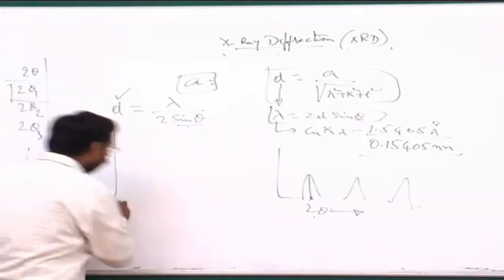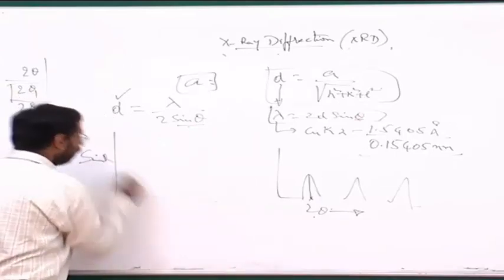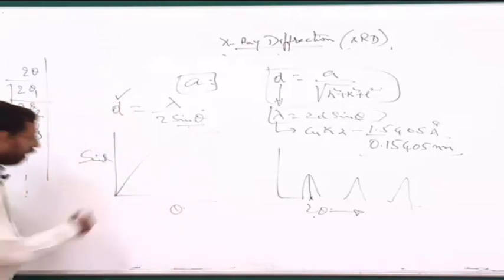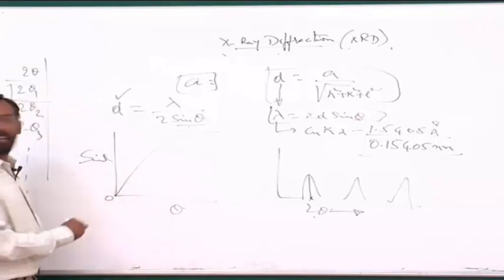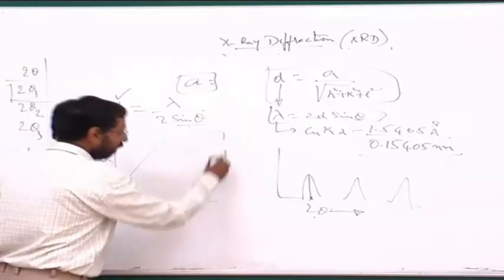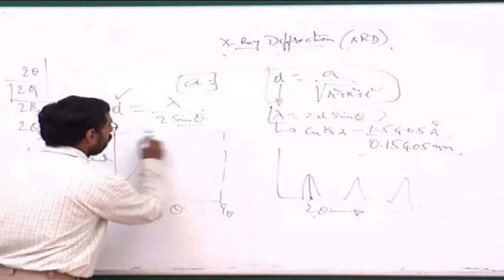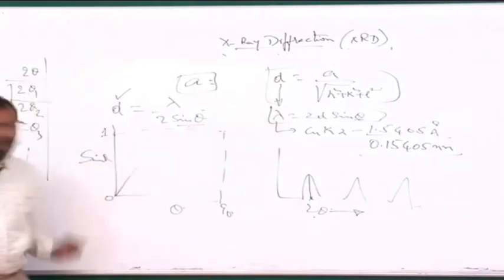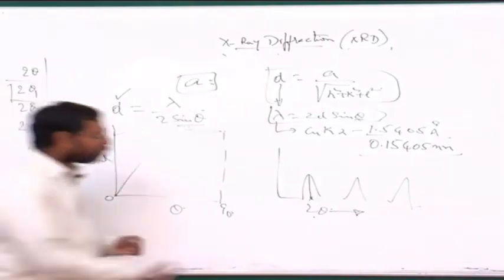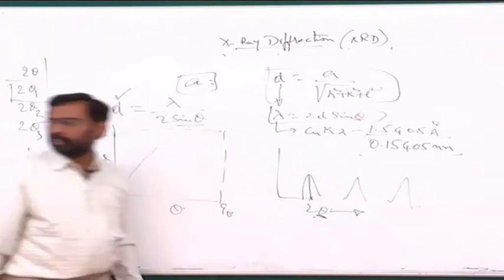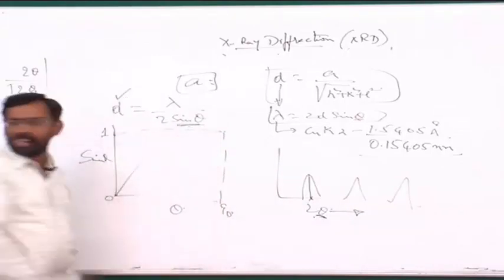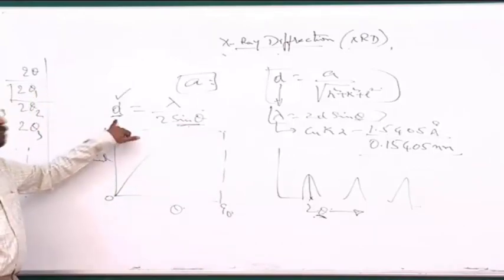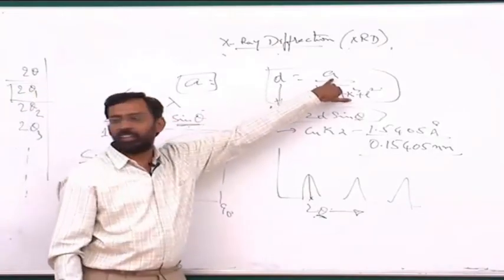But the theta to sine theta relation is not a linear relation. As a result, if you look at how sine theta varies with theta, you will see that it varies something like this. It starts with 0. When theta is 0, sine theta is 0. And when theta is 90 degrees, sine theta becomes 1. Right? And this is not linear. Because this is not linear, a small error in theta will cause some error in sine theta, and that will cause some error in your D.